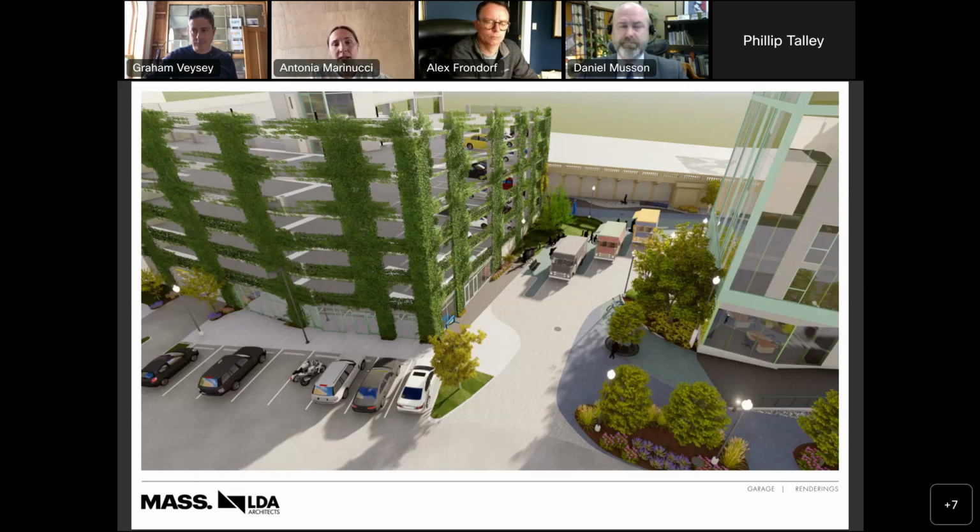In that vein of thought, this rendering illustrates where I'd like to add to my comments: how we're treating the landscaping condition at the base of this garage and the pedestrian level experience. You have really compelling and dynamic landscaping throughout this site, and you can even see it on the right of this rendering, and then it just dies out.